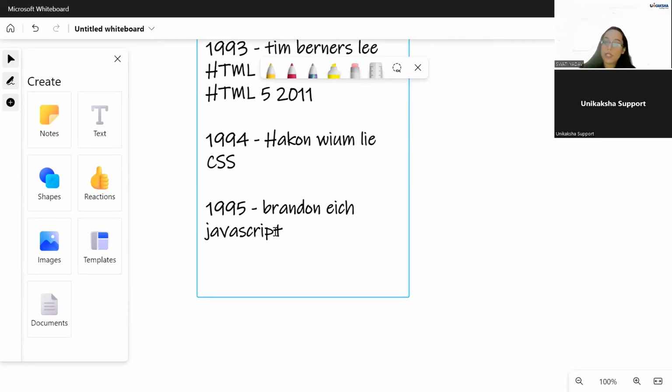Okay. So now the last topic for today's session is how do websites work? That is again something that we need to know, right? As we'll be web developers now.